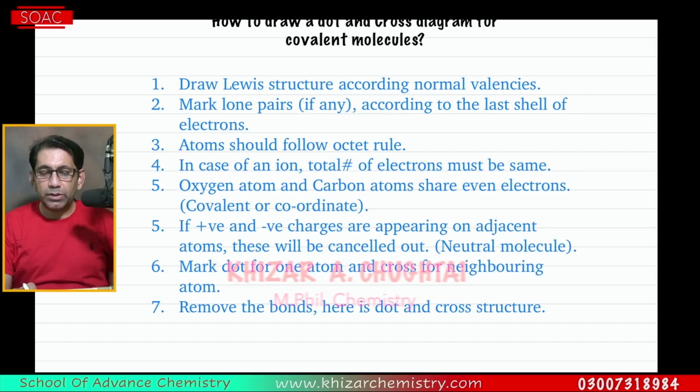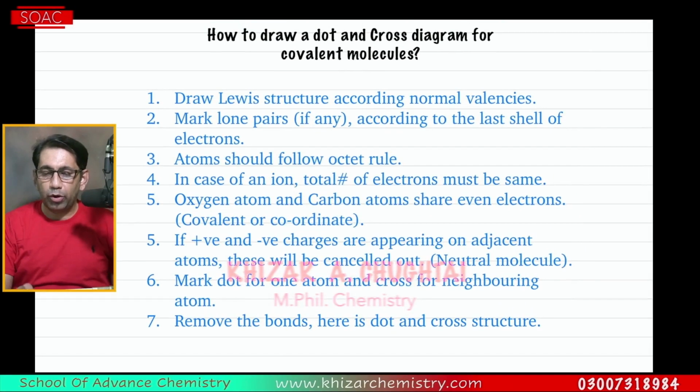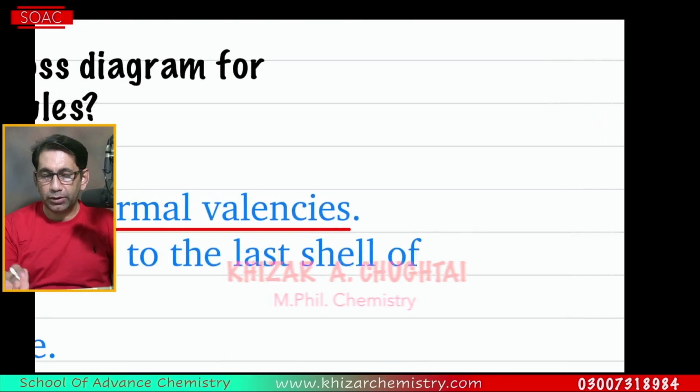So point number one: draw the Lewis structure according to the normal valencies. Lewis structure, line structure, Lewis diagram, with respect to their normal valencies. What are the normal valencies? For example, in case of